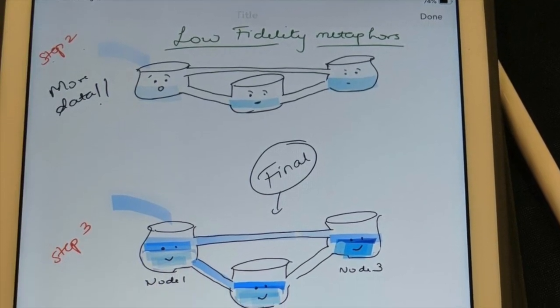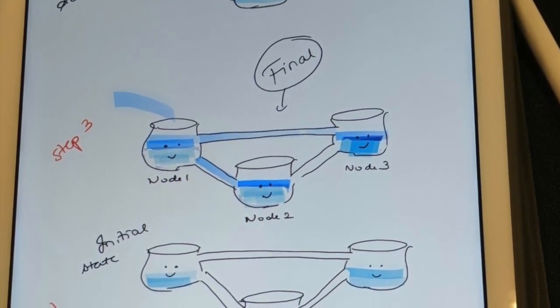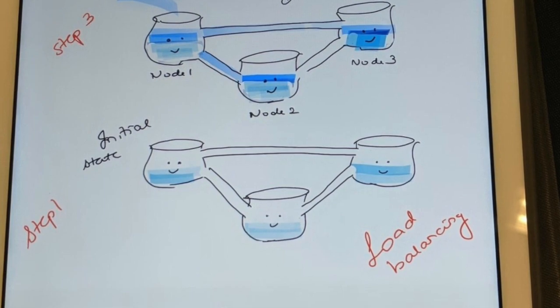So these are the basic components of a sketch note: the people, the emotions, the letters and banners, and the layouts. And then to bring it all together, you come up with low fidelity metaphors to explain the concept or to map the concept to something that the audience already is familiar with. For example, this is the metaphor that I drew during the workshop. The prompt was to show load balancing in an easy to understand manner, and I thought about 3 interconnected pots, and then you put water in one pot and then it moves to the other pot so that the load in one pot is balanced across the 3 pots, which I think is pretty easy to understand.